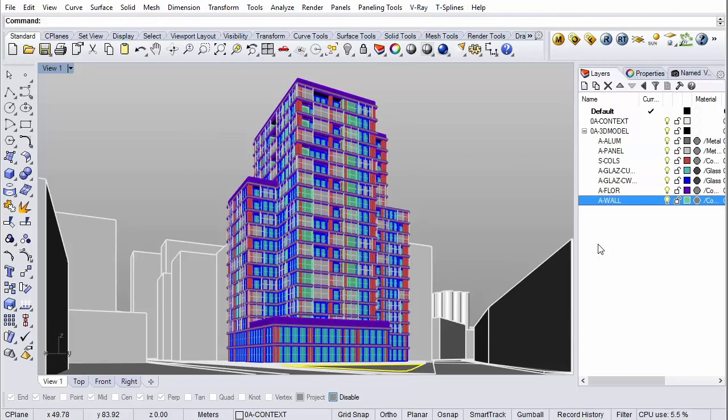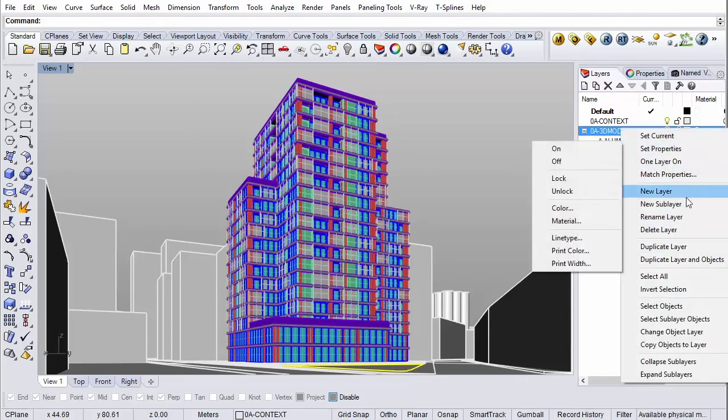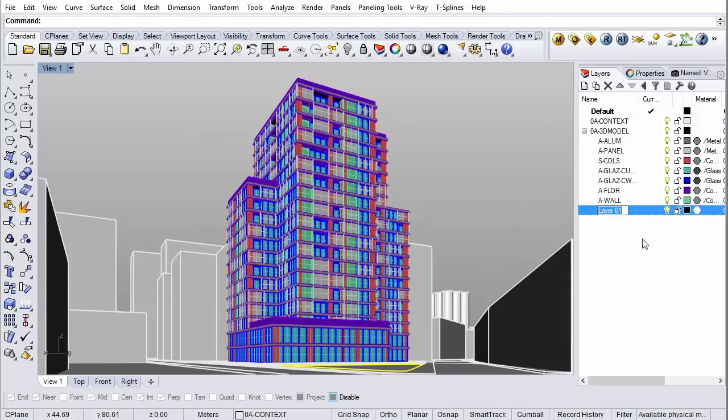And also, oh, I haven't included a layer here for grass. Let me just make a new sublayer. And I'm going to add this surface here in the front, which is just going to be landscaping, and add that to this layer. Make that grass, sorry.